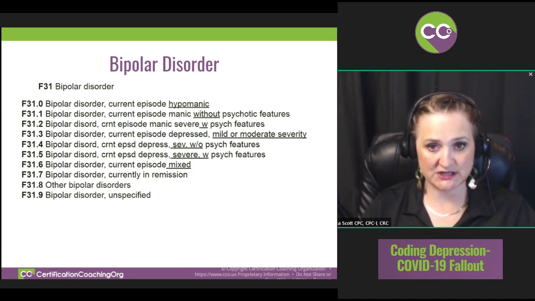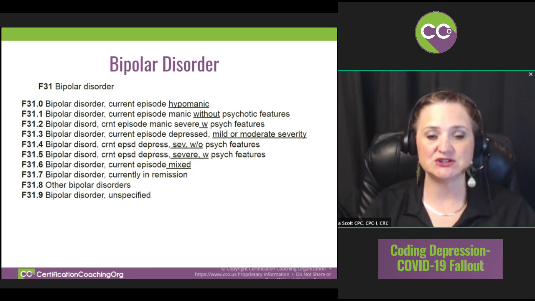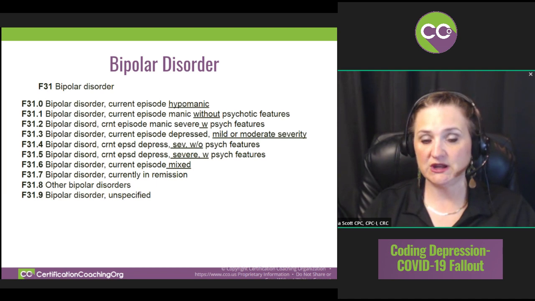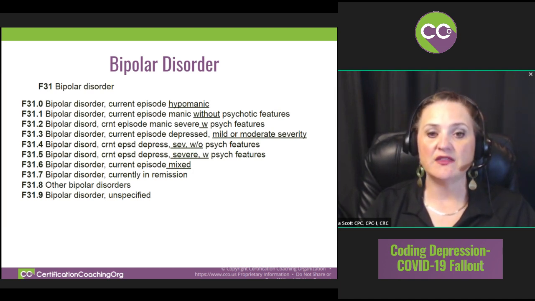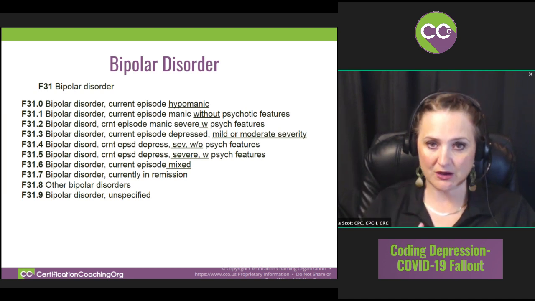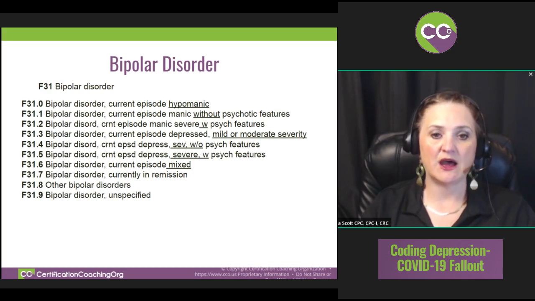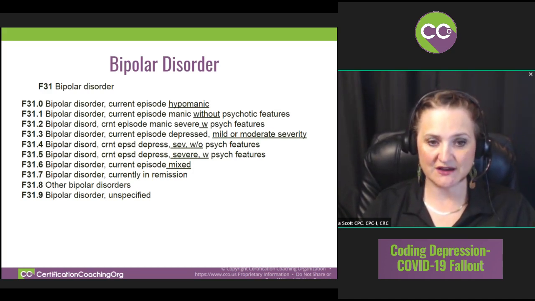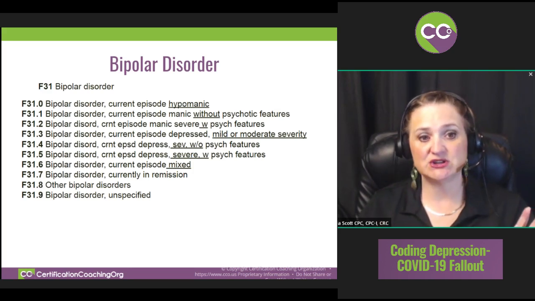The first is hypomanic. Now, I won't go into detail about what some of these are, because I've got a slide to show you, but again, we can break the word up. Manic means, now, because manic depression, right? A low disorder. Notice also F31s, these are current. Okay? So we could spend all day breaking down